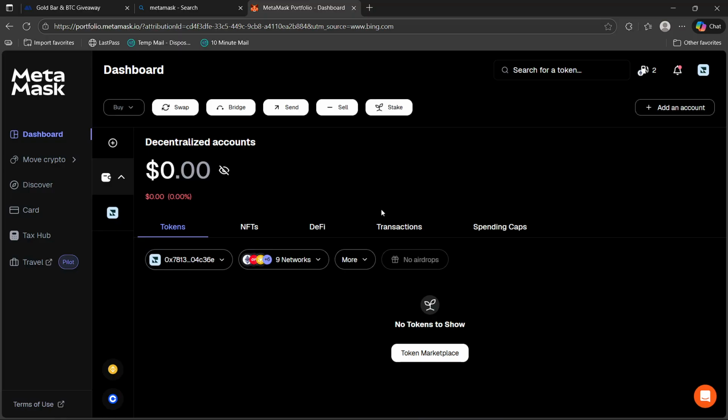In this video, I'll give you a quick guide on how you can transfer USDT from MEXC to MetaMask wallet. So the first thing that you will have to do is open your MetaMask wallet, and